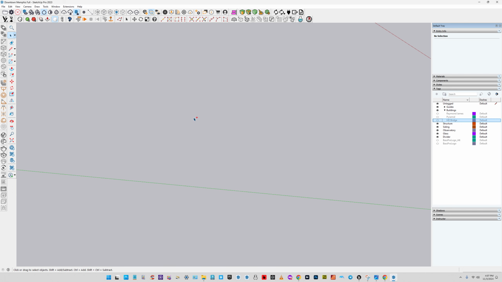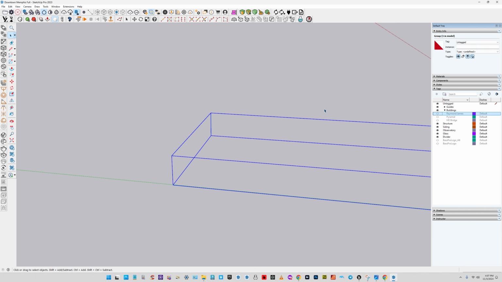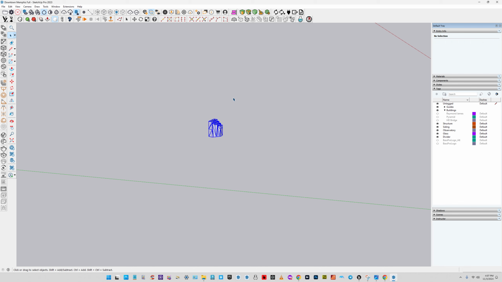Wait, but that didn't work. Okay, let's try that again. Okay, I don't know what happened, but let's go back, grab this, copy, escape, escape, put this under Raymond James. Okay, turn Raymond James off, Control Shift paste, group,